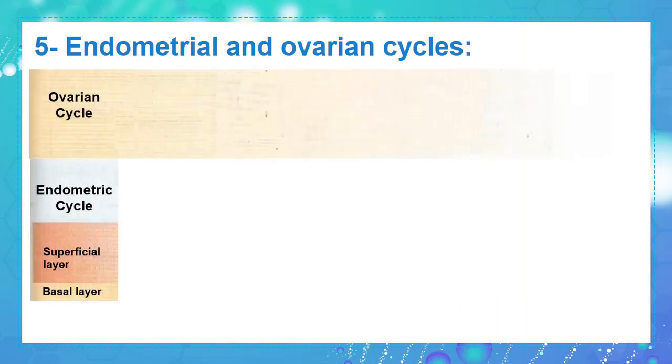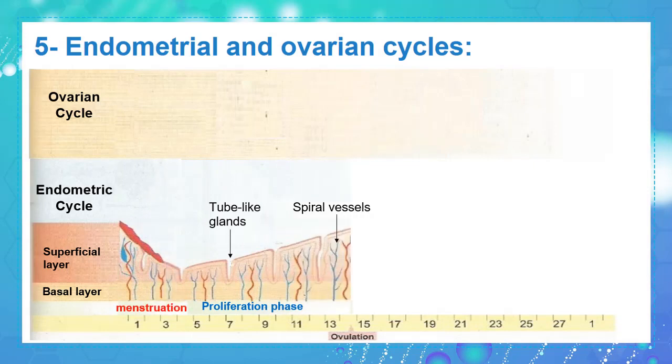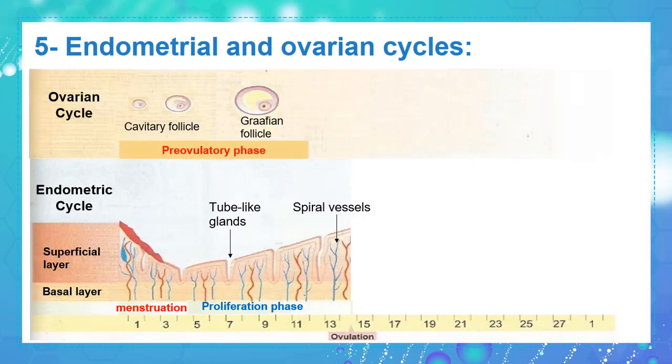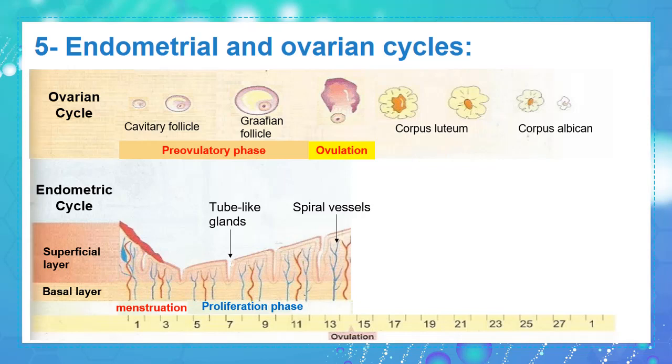Document D shows how the endometrial and ovarian cycles are synchronized. While menses and proliferation occur in the uterus, the follicle in the ovary will develop, and one of them will be ready for ovulation. This phase of the ovarian cycle is referred to as the follicular phase or pre-ovulatory phase. Now, after ovulation, the ruptured follicle persists in the ovary and turns into a corpus luteum, which takes 14 days to degenerate in the absence of fertilization.